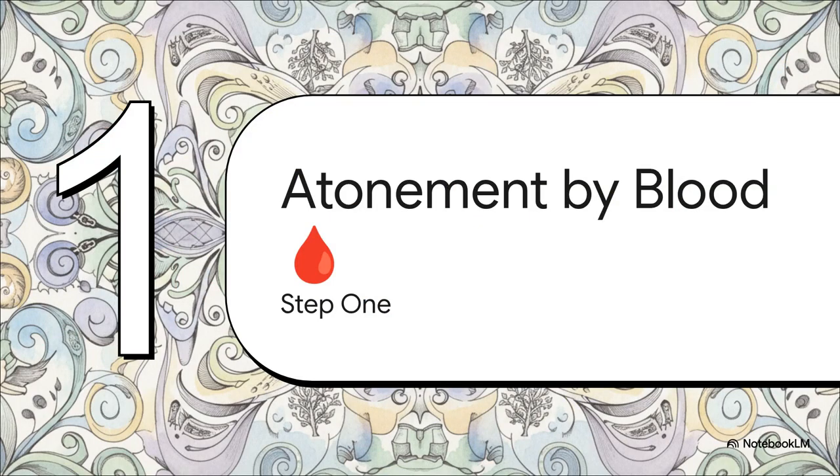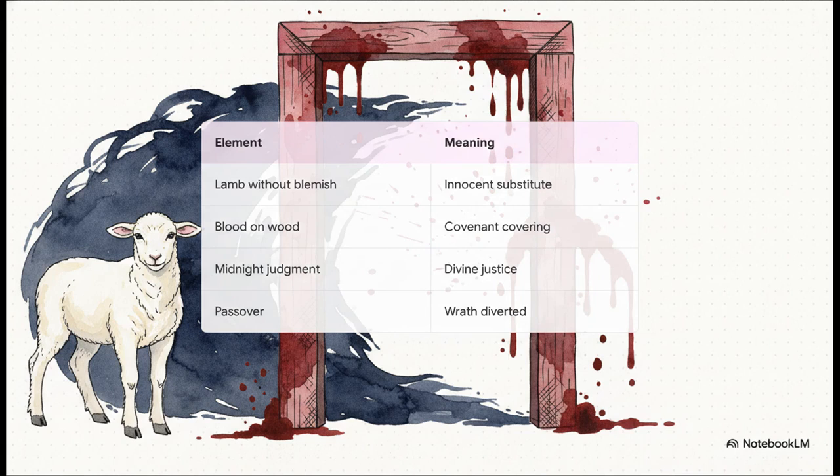Okay, first things first. Every single redemptive cycle we're going to look at begins with atonement. And that's really just a word for making things right after they've gone wrong. And critically, this act is always sealed by blood. Our first big example? The Passover from the book of Exodus. And the structure here is just so deliberate. You've got this lamb without any blemish. It's the innocent substitute. Its blood is put on the wood of the doorframe, acting as a covering, a sign of a sacred promise, which allows the family inside to escape judgment. The key thing to see here is that redemption always starts with the blood of an innocent.